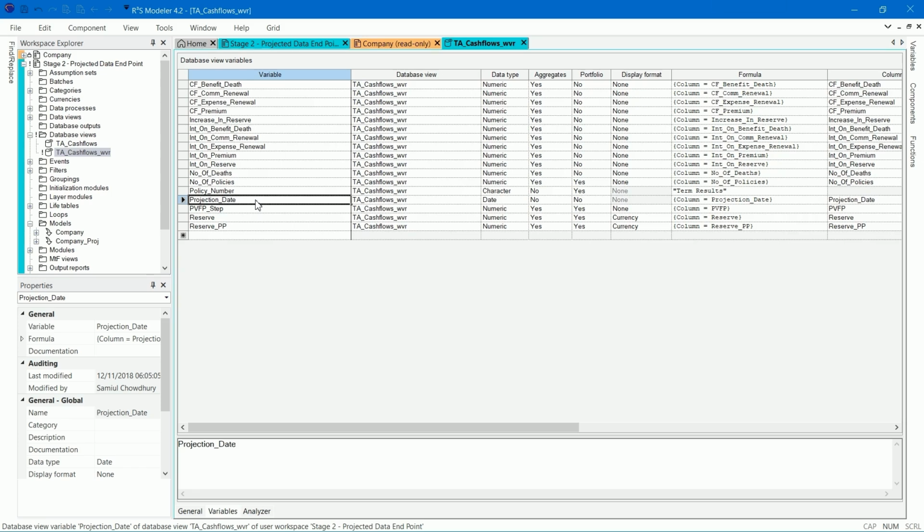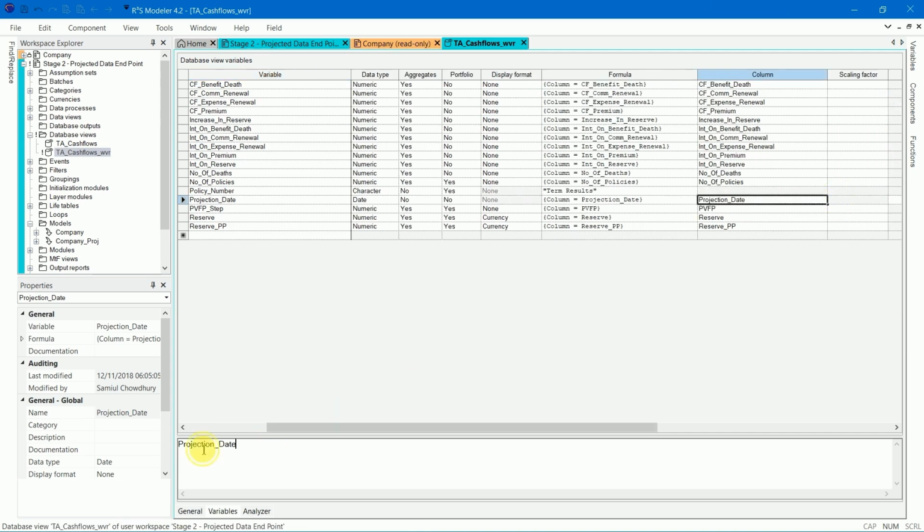To do this, we can simply change the column for projection date to be step date. And there is no underscore when defining this. Or we can make use of the database connection string and the database table to link with the results workspace to assist with the variable setup. Click Save.